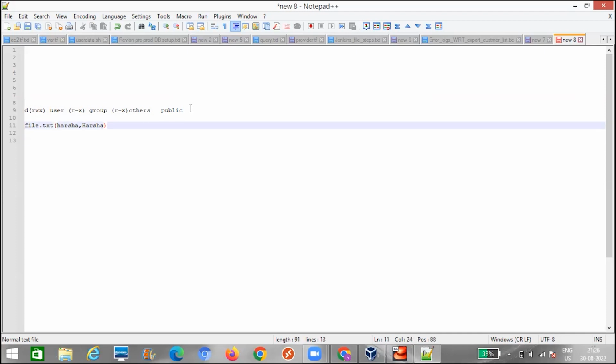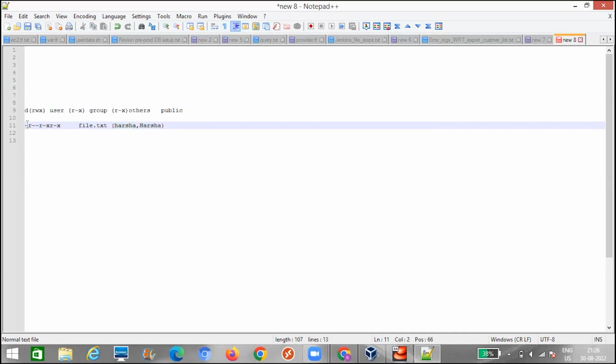Suppose this file has permissions like -r--r-xr-x. Okay. So there is a file named file.txt, and it belongs to user Harsha and group Harsha.